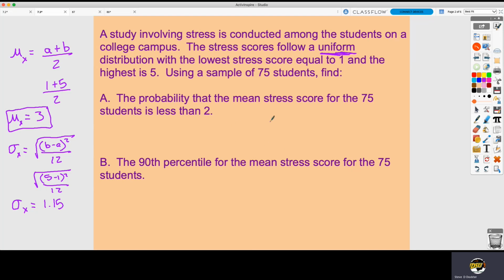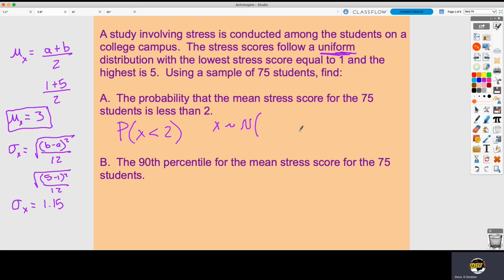So for this one, the probability of the mean stress score for 75 students is less than 2. First of all, we're trying to find the probability that x is less than 2. We're going to need that in a second. But what this turns into is a normal distribution, because we're trying to find the probability of the mean stress score being less than that. So for normal,